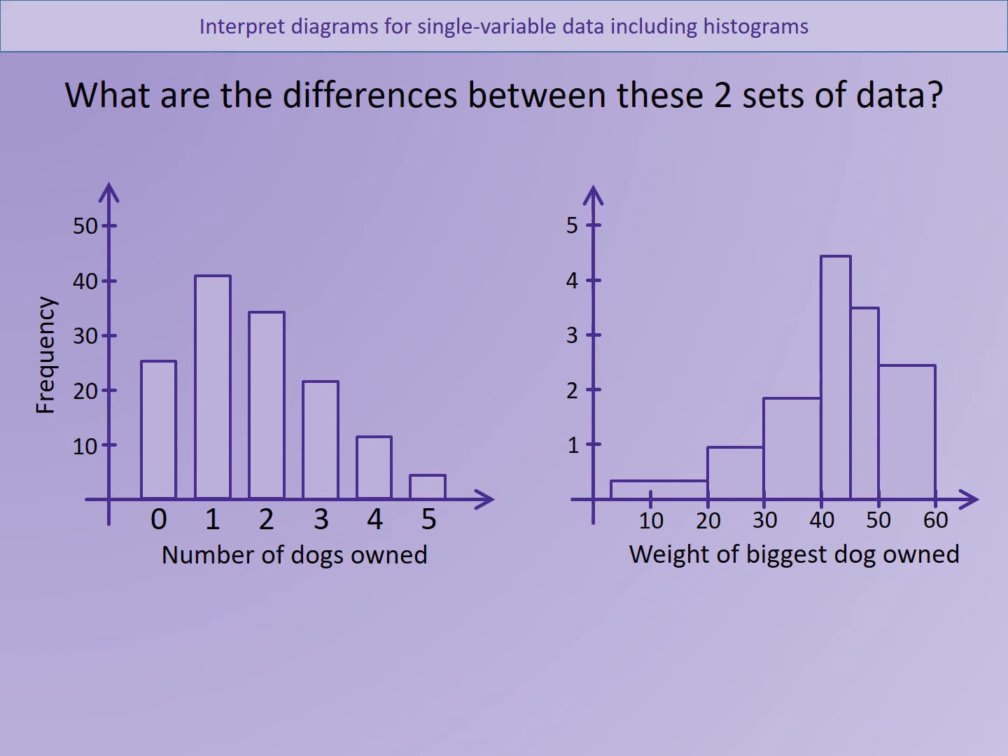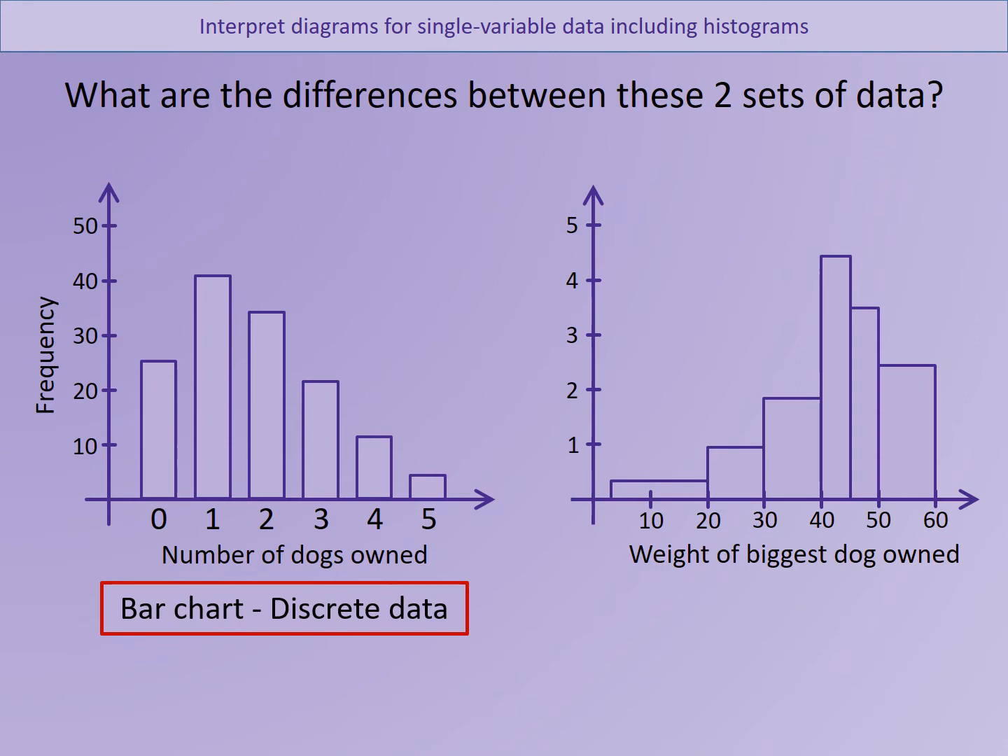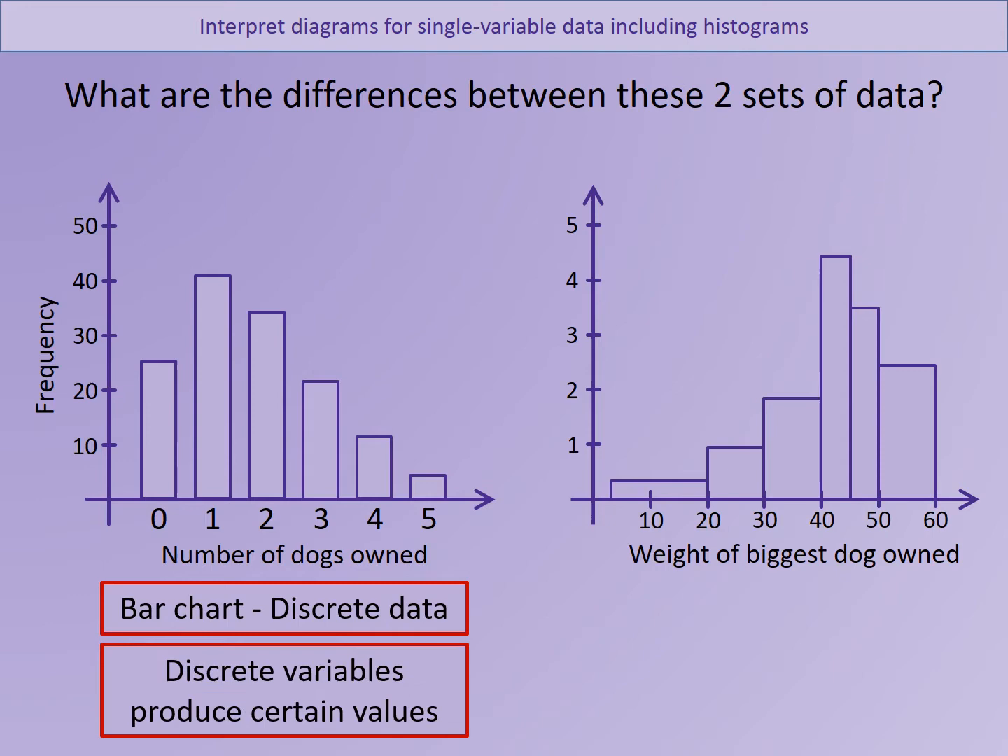Let's take a look at these two graphs. The graph on the left has the number of dogs earned across the x-axis, and it has frequency going up the y-axis. This is a bar chart. It's for discrete data and it has gaps in between each of the bars, and we use this only for discrete data because it has certain values it produces, so number of dogs, it will fit into one of those